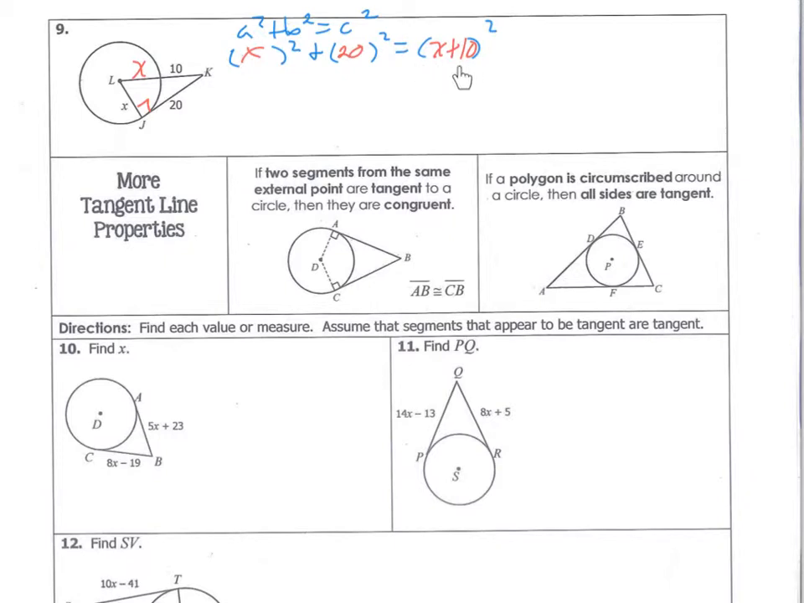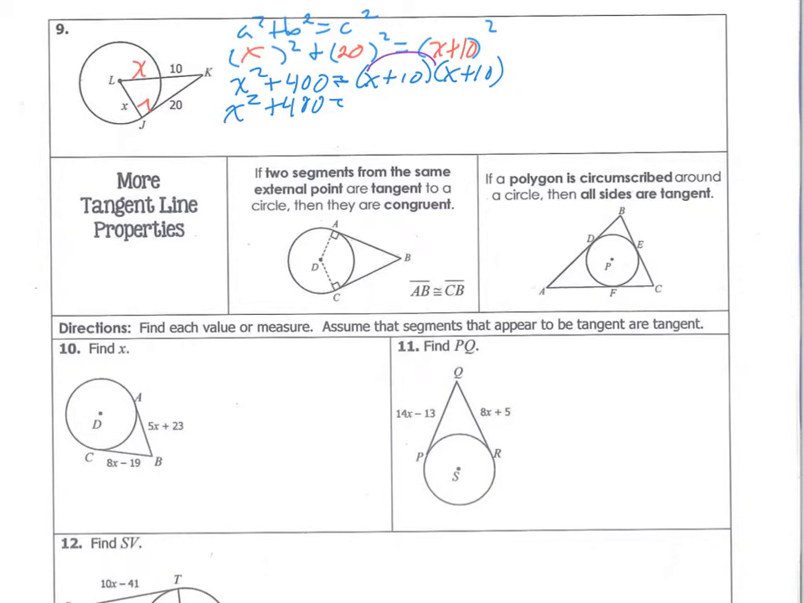So again, what's the common error here? What do a lot of kids say that this product is going to be? x squared plus 100. And you know it's not, right? So we're going to actually write it out. So we've got x squared plus 20 squared is 400 equals, and we're going to actually multiply out x plus 10 times x plus 10. So we get x squared plus 400 equals, FOIL this out,